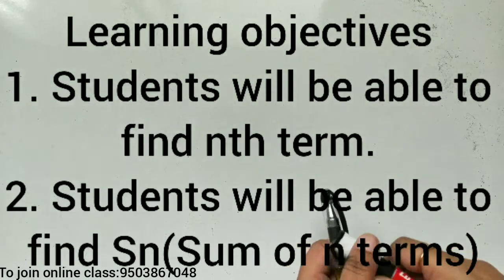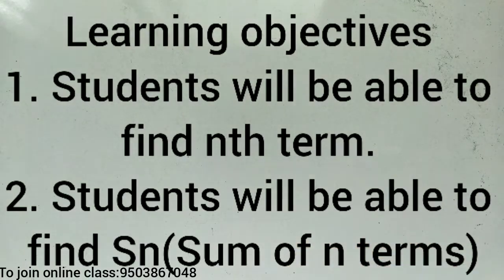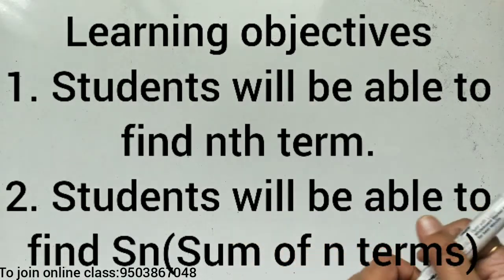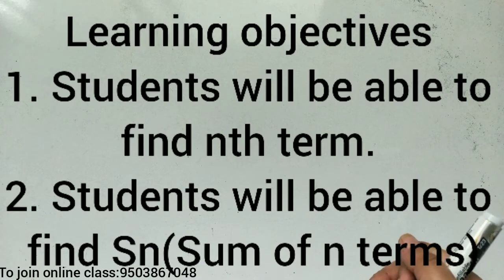An arithmetic progression is a list of numbers in which each term is obtained by adding or subtracting a fixed number to the preceding term except the first one, as I have already explained. This fixed number is known as the common difference D of the given AP. It can be positive, negative, or zero. In other words, a list of numbers a1, a2, a3 up to an is called an arithmetic progression, AP, if there exists a constant number d called the common difference.